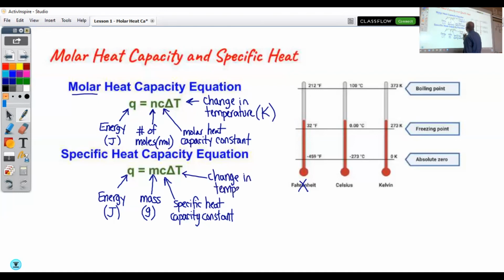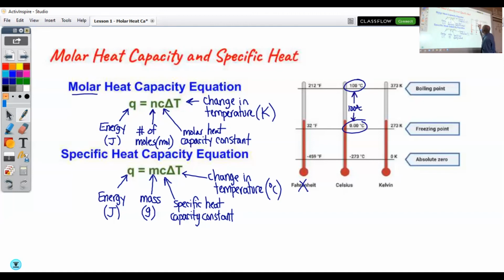The nice part is, unlike when we were learning gas laws, it really doesn't matter what unit we use for change in temperature. And here's why. If you think about the freezing point and the boiling point of water, 0 degrees Celsius and 100 degrees Celsius, there is 100 degrees between those 2 points. So here is our freezing point of water, here's our boiling point of water, and the difference between these two